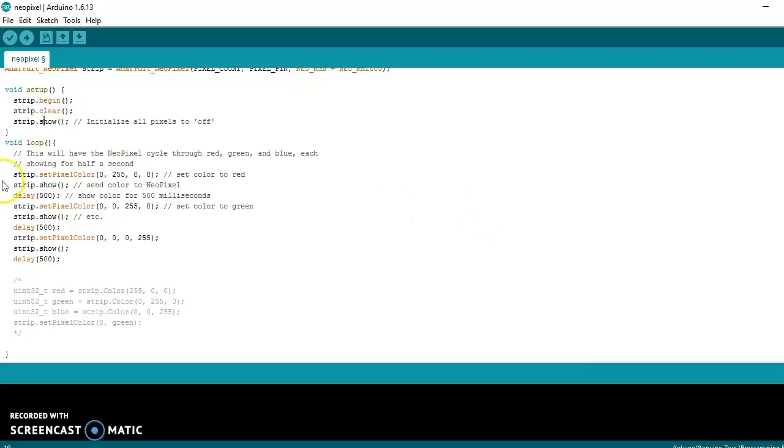So scrolling down here a little bit, we have strip.setPixelColor. So there's 4 arguments for this function, and the first argument is which NeoPixel you're talking to. So you can actually set NeoPixels in series with each other, and if you wanted to talk to the third one, for example, then you'd have a 2 in this argument. The next 3 arguments are the brightnesses for the red, green, and blue on the NeoPixel. So these can be anywhere in the range from 0 to 255, and this line only sets the color, but